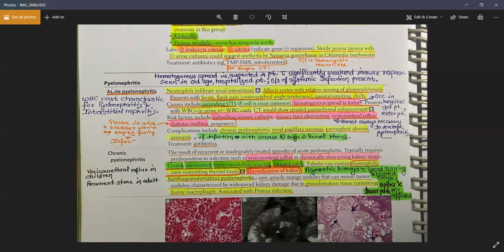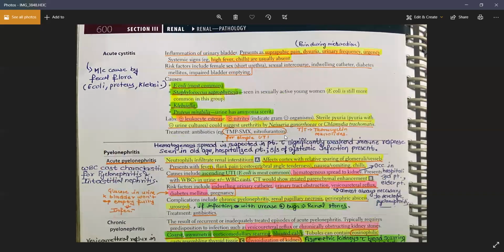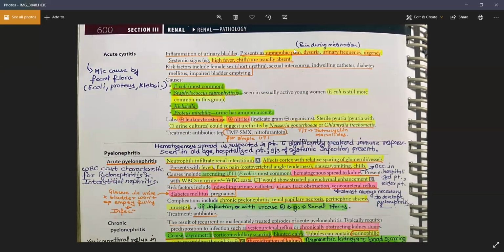Now let's see what symptoms you will get. Because it is an inflammation of your kidney, you will have symptoms which are related to the kidney. First, you will have flank pain, because the flank region is where the kidneys are located. Does anyone know why you're having this suprapubic pain in case of cystitis? What nerve is causing it? Inferior hypogastric. Yeah, inferior hypogastric it is.